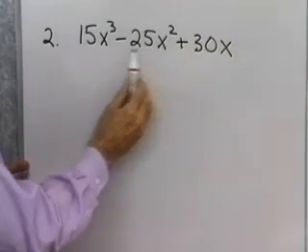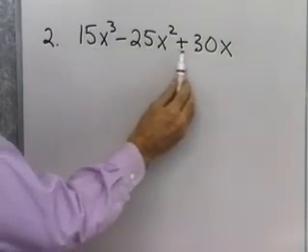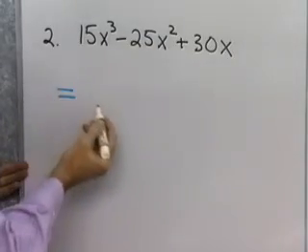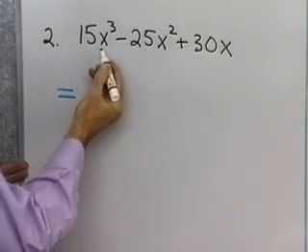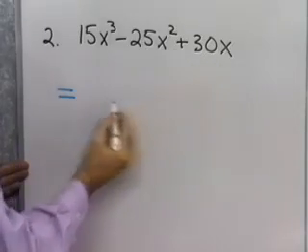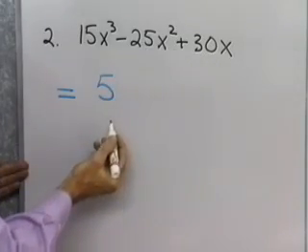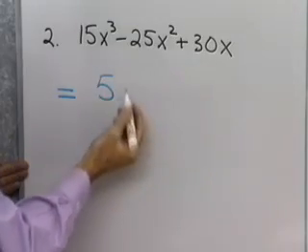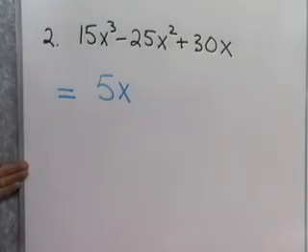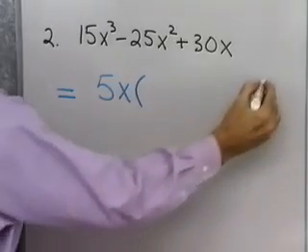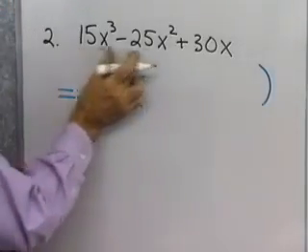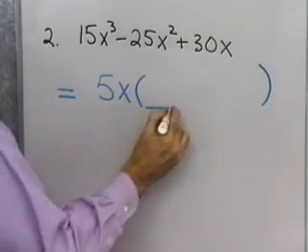Next, 15x cubed minus 25x squared plus 30x. I want to see the greatest common factor for each of these 3 terms. It's the largest monomial I can find that divides each of the 3 terms. Well, 15, 25, and 30 are all divisible by 5. That's the largest number I can get that divides all 3 of those. And for x cubed, x squared, and x, the highest power of x that divides all of those is just x. So I want to factor 5x outside and then rewrite inside what's left when I factor 5x from each of these terms. So I'm going to have 3 terms in here